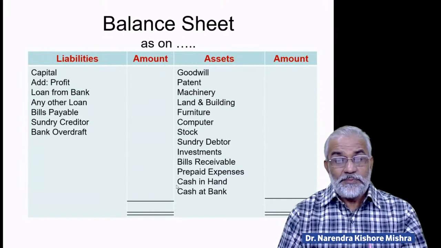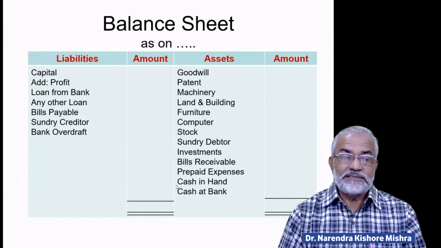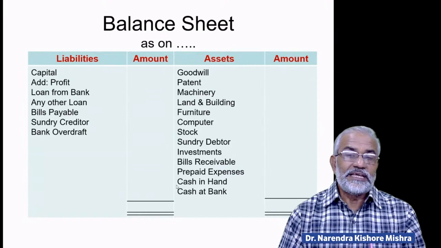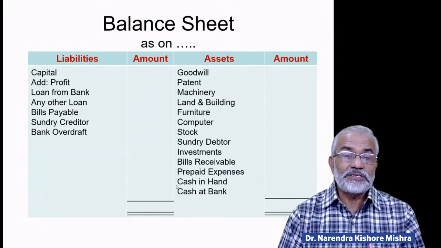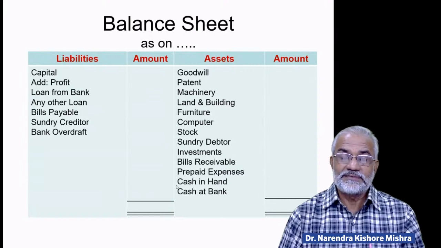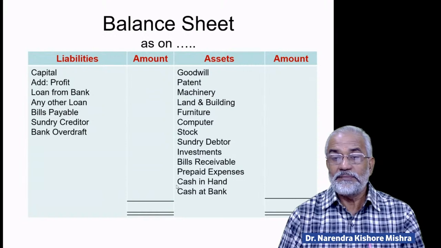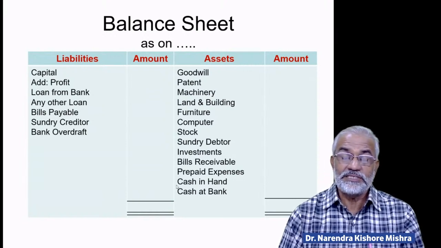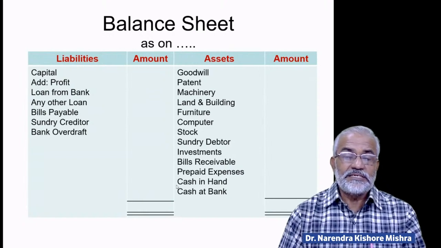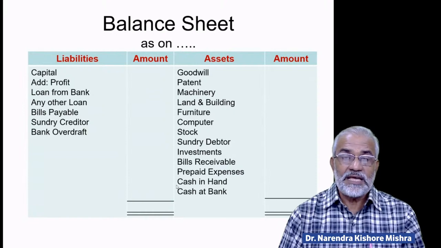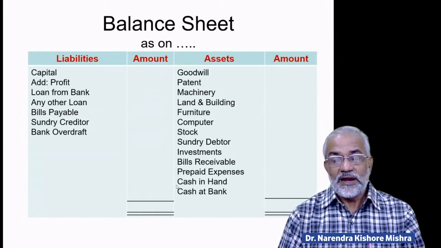Then when we are preparing the asset side of the balance sheet, we must look to the debit column of the trial balance, because the debit column of the trial balance consists of assets: the goodwill, the patents, the copyrights, the technical know-how, plant and machinery, land and building, furniture and fixture, computer, inventory, sundry debtors, investments, cash and bank balance. Whatever items of assets are there, they must be there in the debit column of